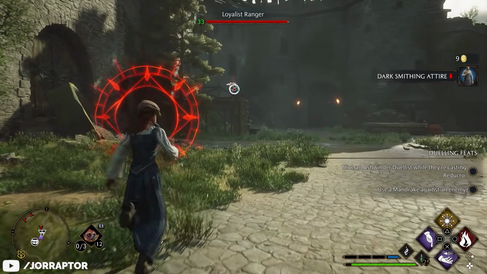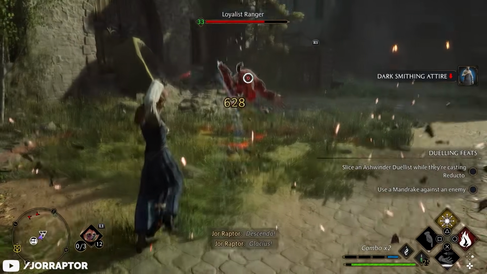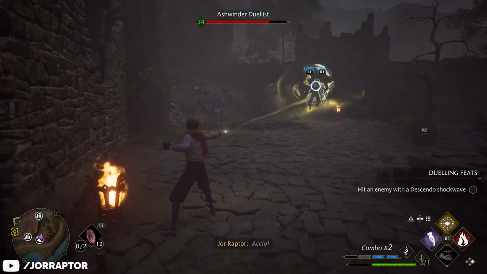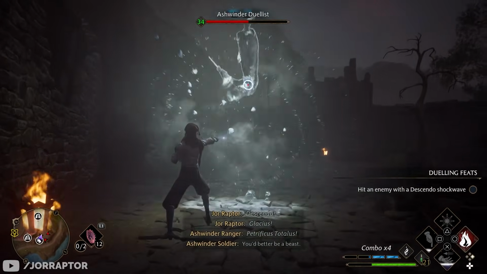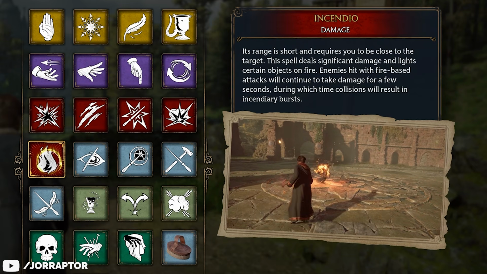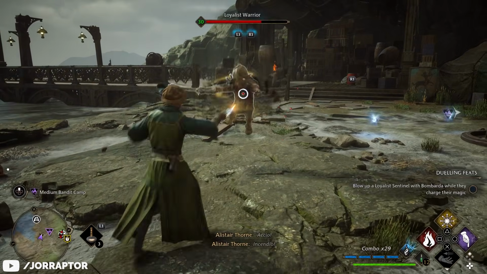Accio also sets you up for one of the highest damage combos in the game, which has you pull a target close with the spell, slam them down with Incendio, freeze them with Glacius, and then finish them off with the powerful Incendio. Incendio is one of the red damage spells, which unsurprisingly are your main source of damage in